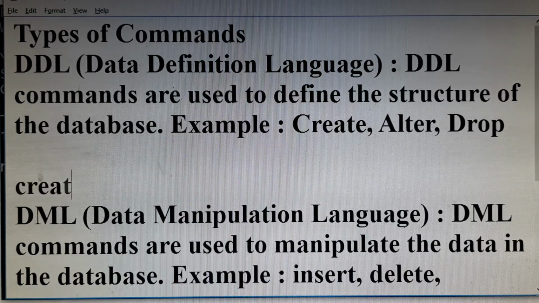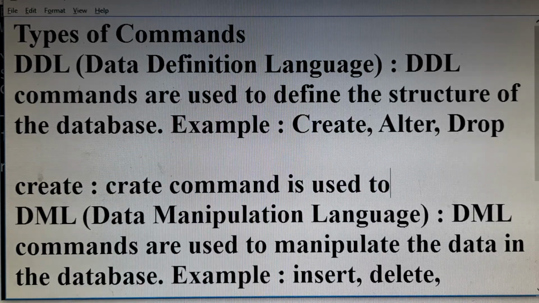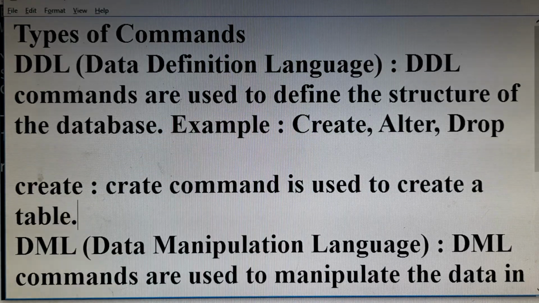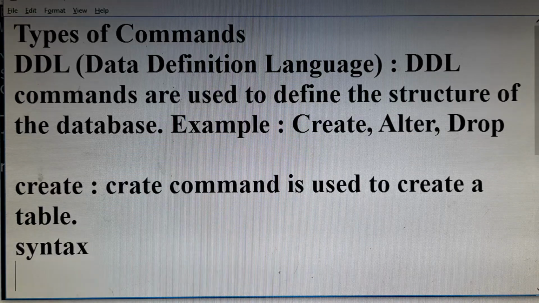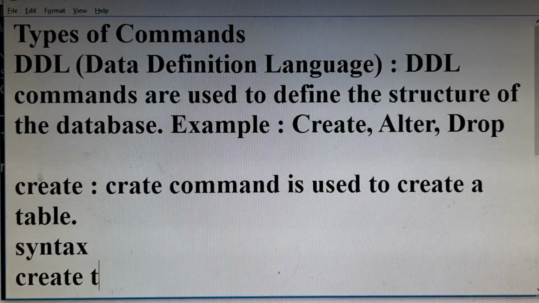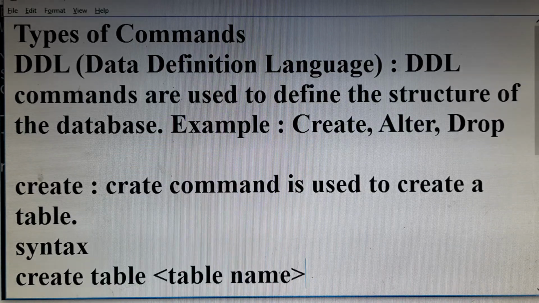So, what is the create command? Create command is used to create a table. And the syntax is create table name.